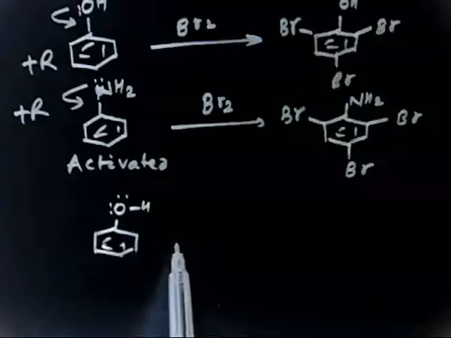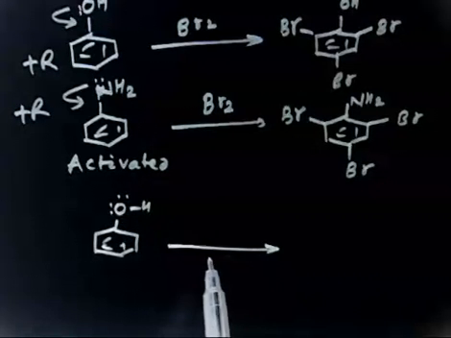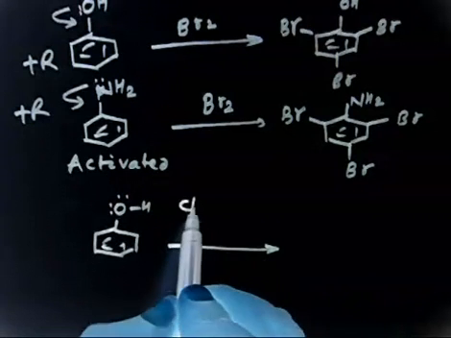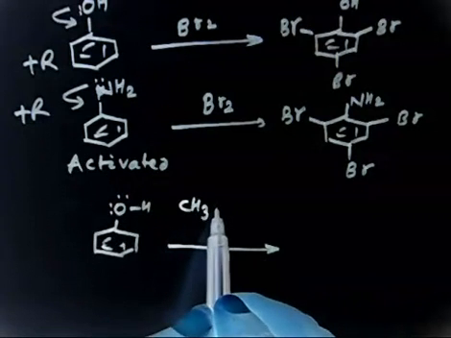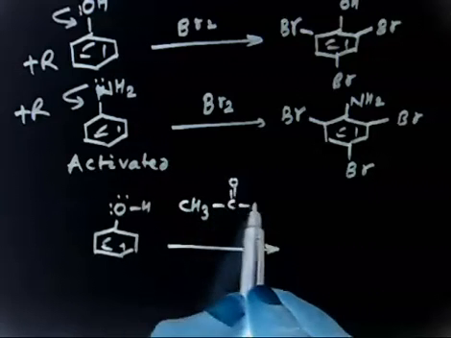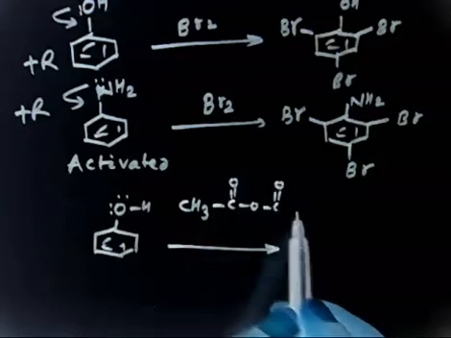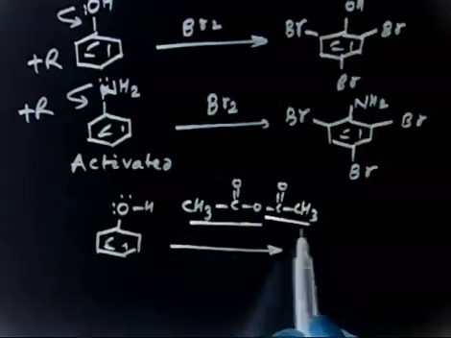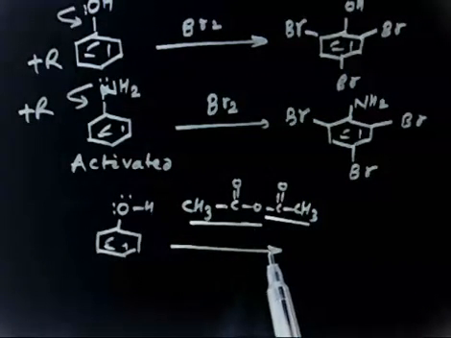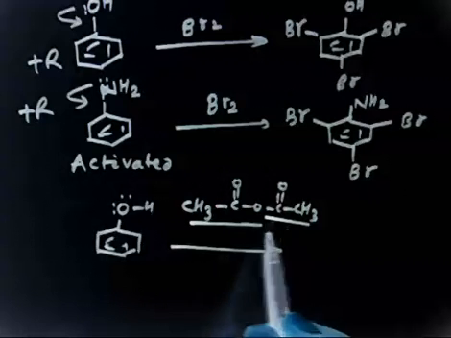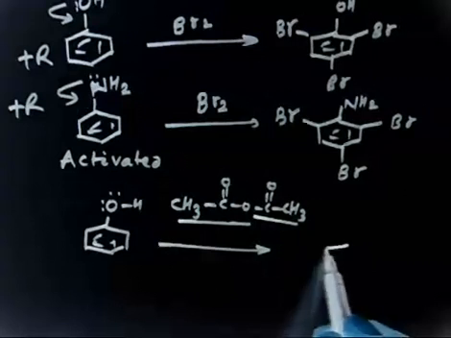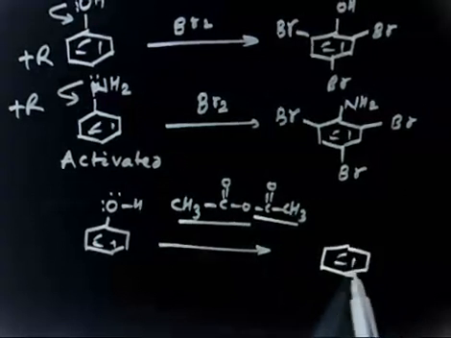and you treat this compound with an anhydride, acetic anhydride, or you can take any anhydride. This is called acetic anhydride, CH3COOCOCH3. It comes from acetic acid: if you take two molecules of acetic acid and lose water, you get acetic anhydride. If you treat this compound, you will have something like this,